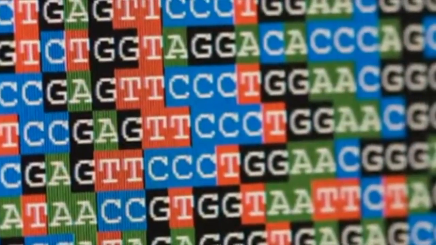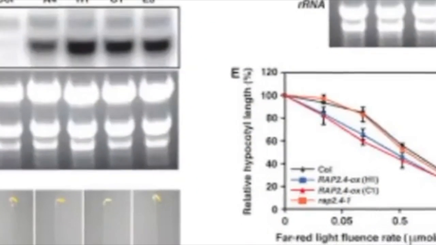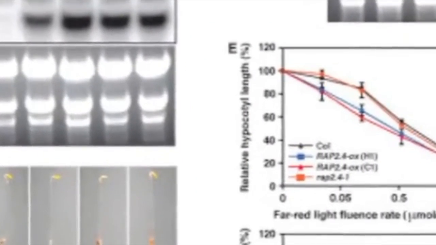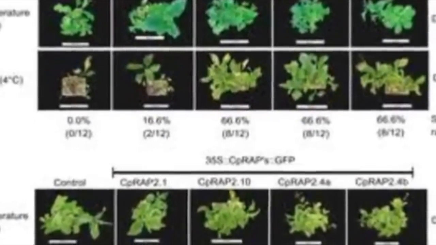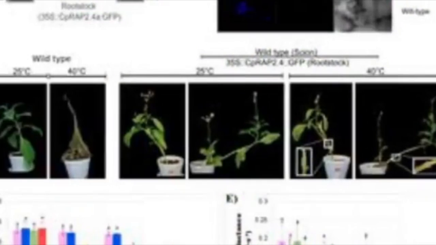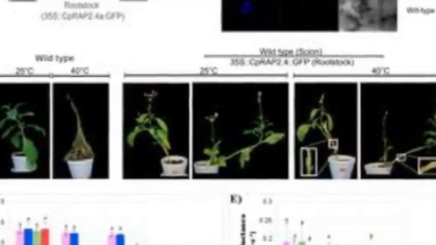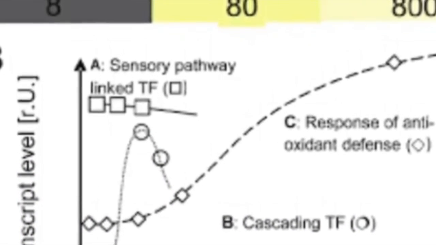Semi-quantitative PCR experiments indicated that each CpRAP2 gene is differentially expressed under stress conditions, such as extreme temperatures. Moreover, genetic transformants of tobacco plants overexpressing two genes show a high level of tolerance to cold and heat stress